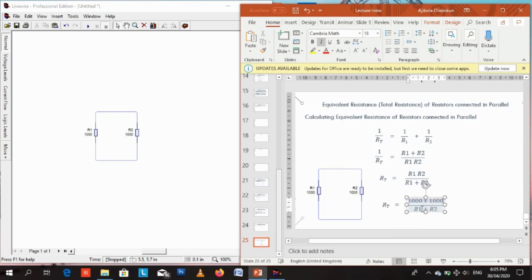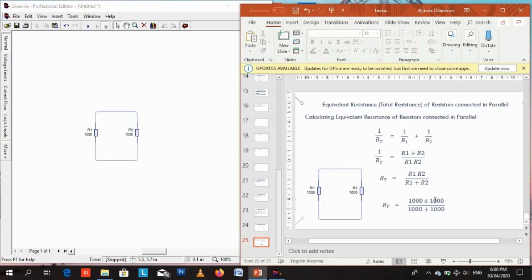They are both 1000 ohms. So 1000 ohms multiplied by 1000 ohms at the numerator. Then the denominator, R1 is 1000 plus R2 is also 1000. So 1000 times 1000 numerator divided by 1000 plus 1000 at denominator. Whatever final answer we get from simplifying this expression will give us our total resistance. If you connect two resistors that are 1000 ohms each in parallel,